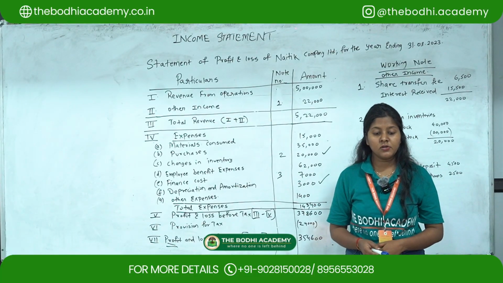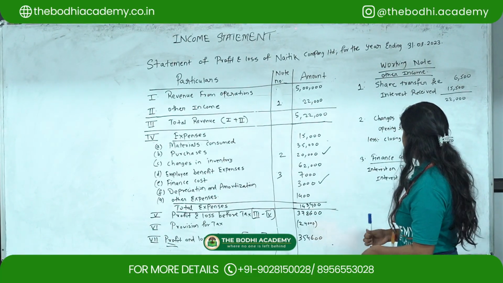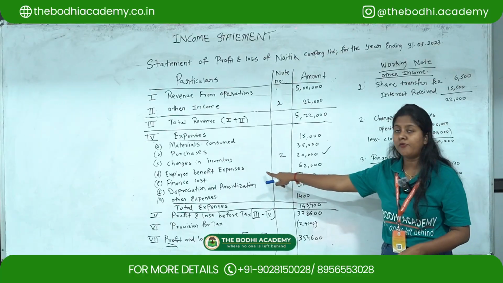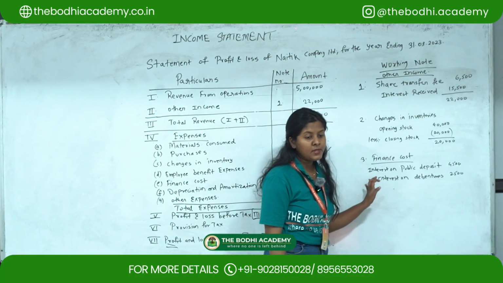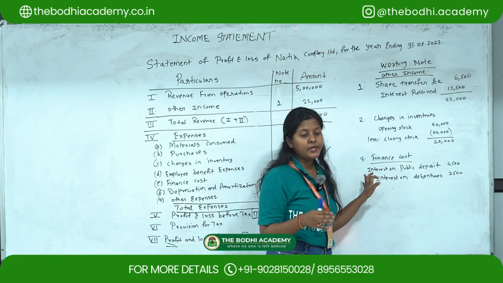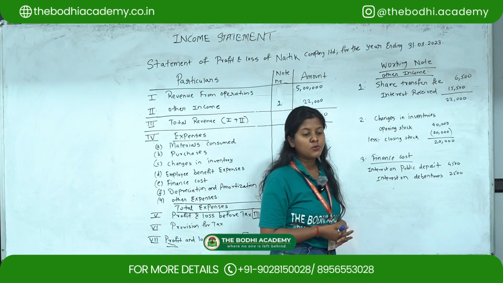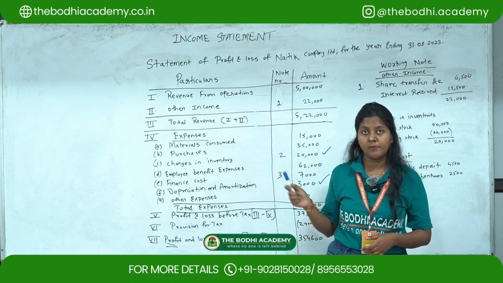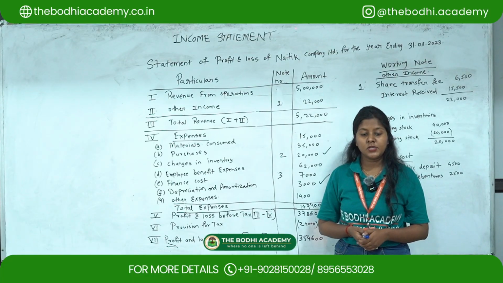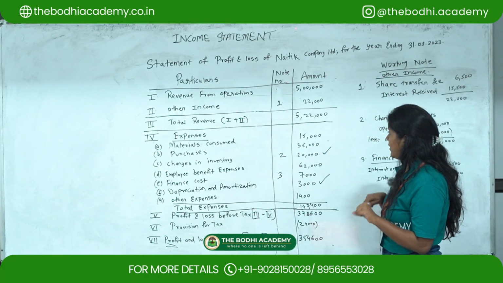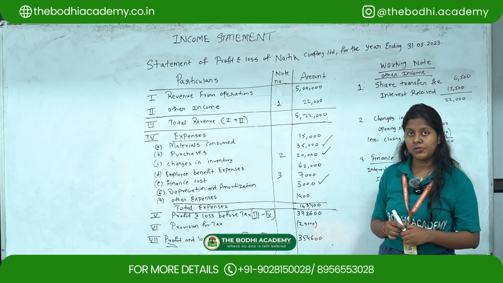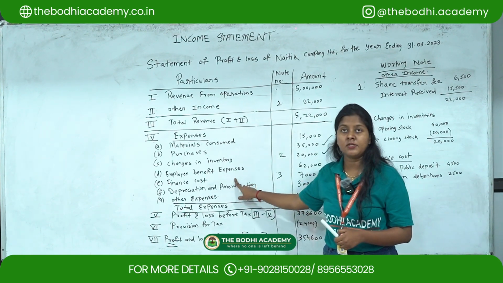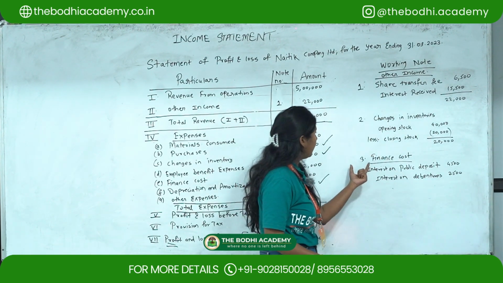Okay. Then interest on public deposit. Interest on public deposit is a part of finance cost, but there are more items to this, so that we'll see. Then after that they have given building as 35 lakhs. So building is a fixed asset, it will not come in profit and loss. Then purchases they have given directly as 35,000, so that we have to take. After that interest on debentures. So again interest on debenture is a finance cost. So we got working note number 3.